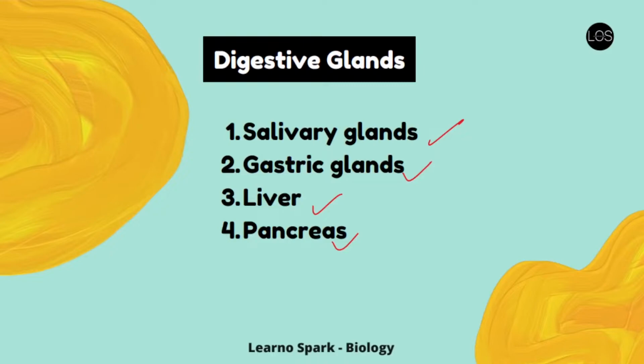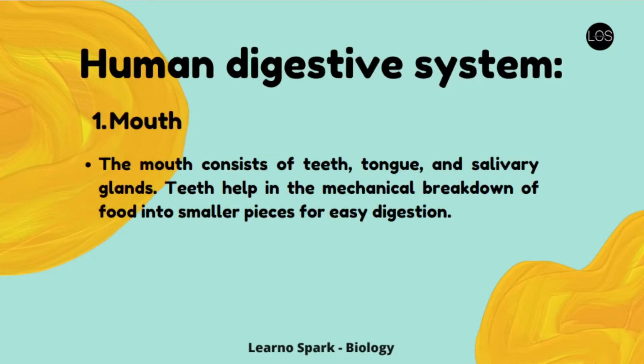So all these together, alimentary canal, digestive tract along with digestive glands form a digestive system. Now let us look at the individual parts of digestive system along with its function. Let's start with mouth. So mouth consists of teeth,